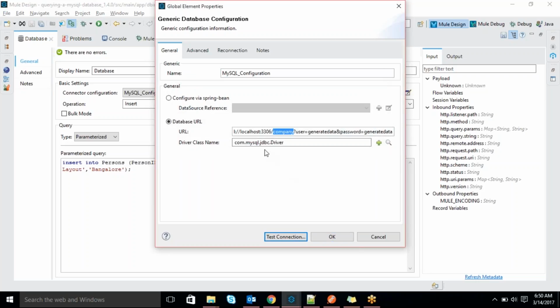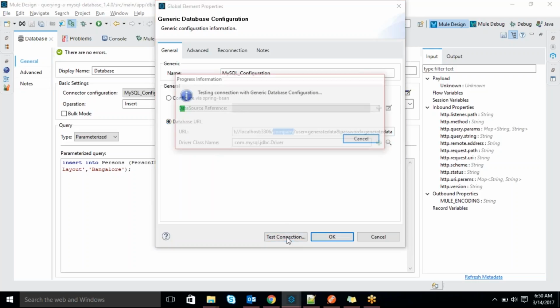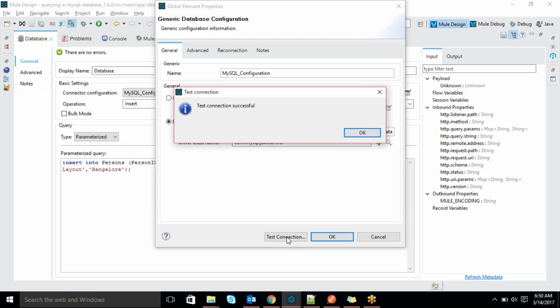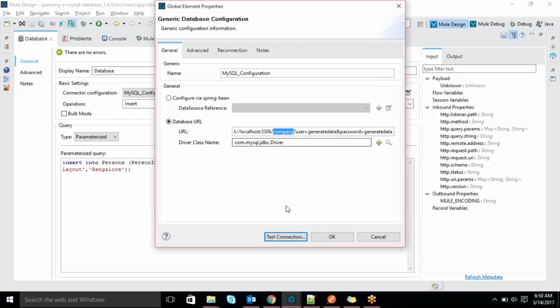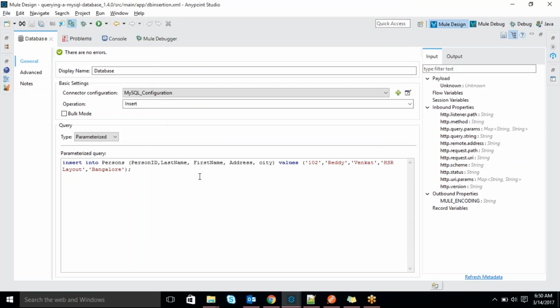After entering the database credentials, database URL and driver class name, if you click test connection, it will tell you if anything is wrong. Then you can correct and adjust it, and test the connection again. Okay, so that is the connection information.